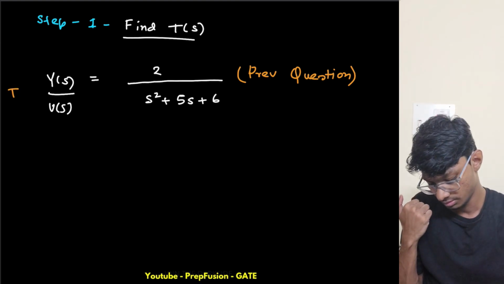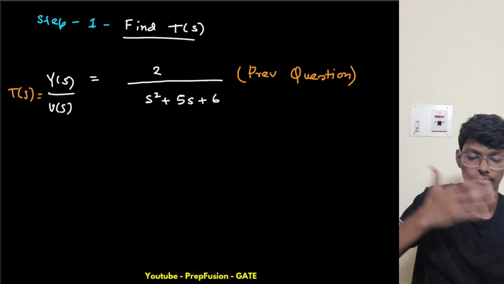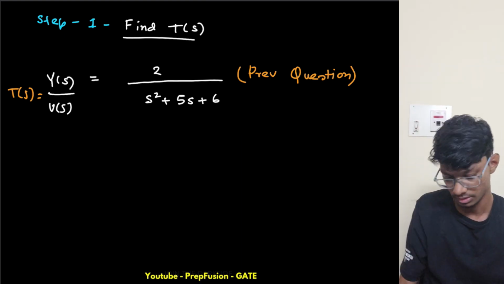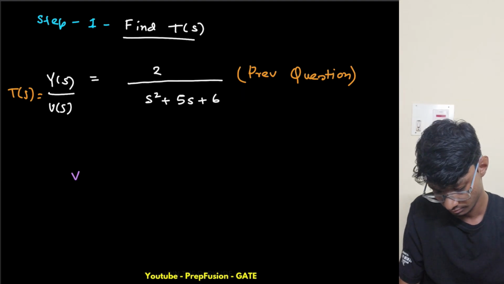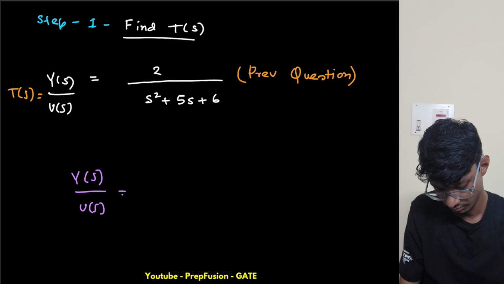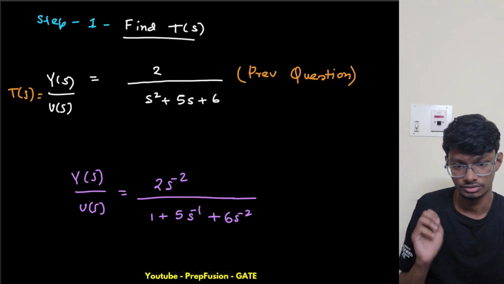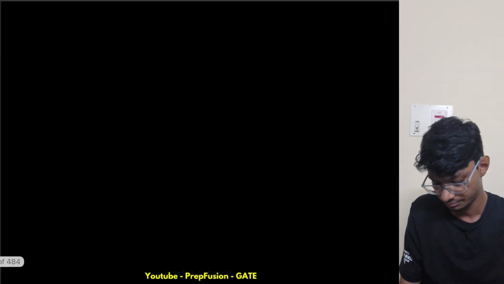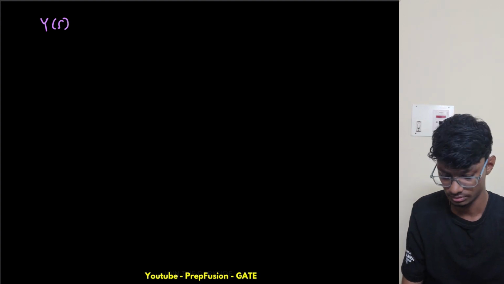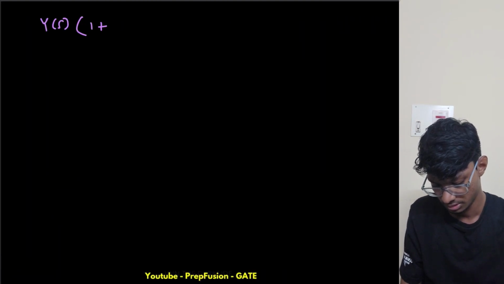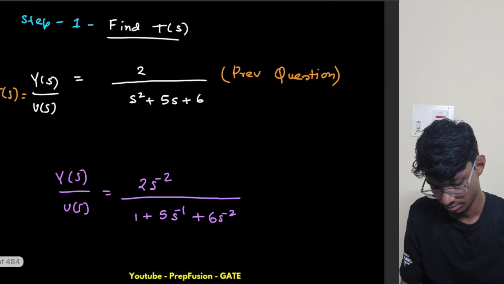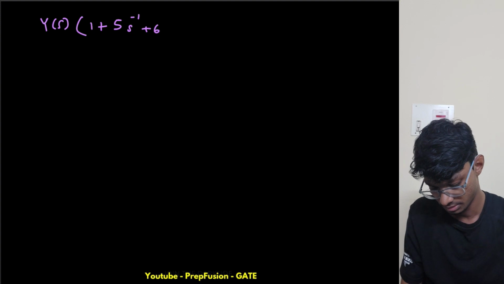Now what I will do, again, divide by the highest power, or take common the highest power. So again, this is basically my y upon u. So y upon u is equal to 5s inverse plus 6s minus 2 equals to